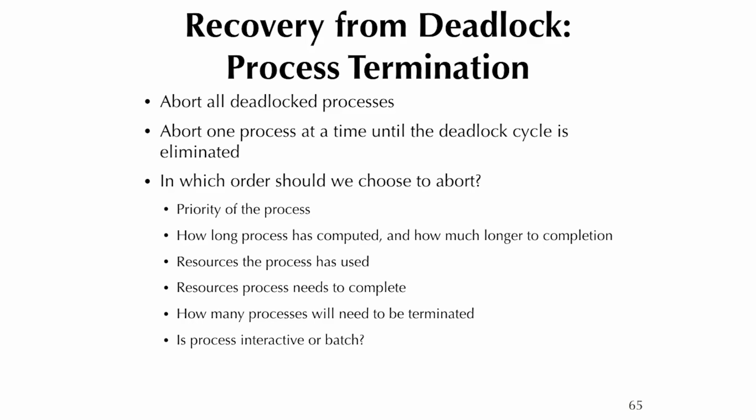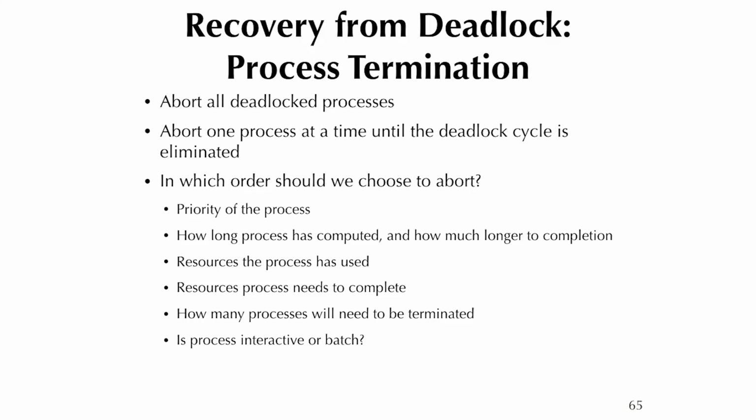Deadlock recovery is needed immediately after the detection. There are several ways to do it. The simplest way is to abort all deadlocked processes. I have a list from the detection algorithm, all those with finished equal to false, and I just kill them. That's not very nice, right? But if you abort all of them, you don't need further analysis or investigation. You just retry, and hopefully next time you restart them, they're okay.